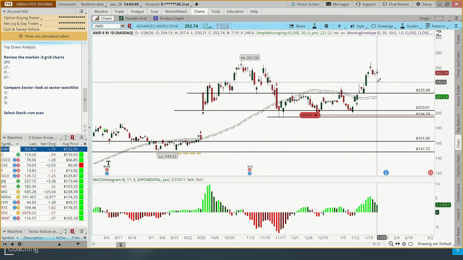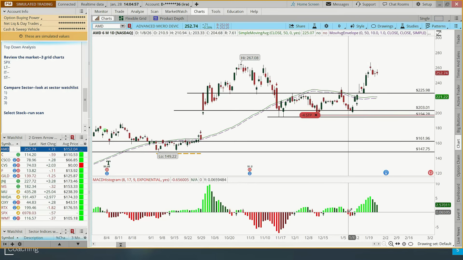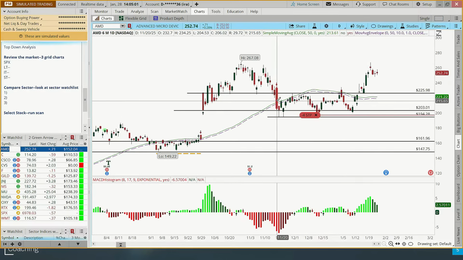On the sell side, we've just been looking for the stock to actually close below the moving average. And usually when that happens, the MACD is already red. So like you can see over here, we got a close below the moving average. When that happens, that's an action item for us in our plan. We generally are going to move our stop up when and if we see that.